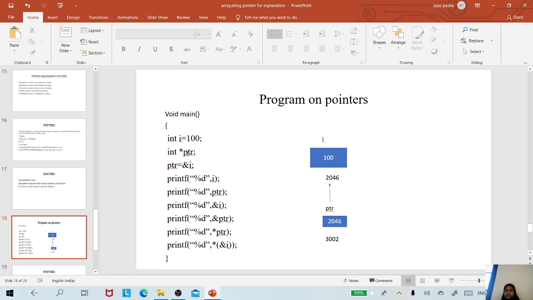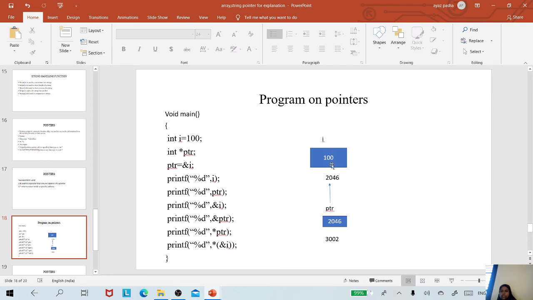Next, we have initialized one pointer, ptr. ptr is a variable whose data type is int, and it is a pointer because you are representing it with the asterisk symbol. Pointers are used to hold the address. So here the address held is 2046. Pointers always hold the address, not the value.